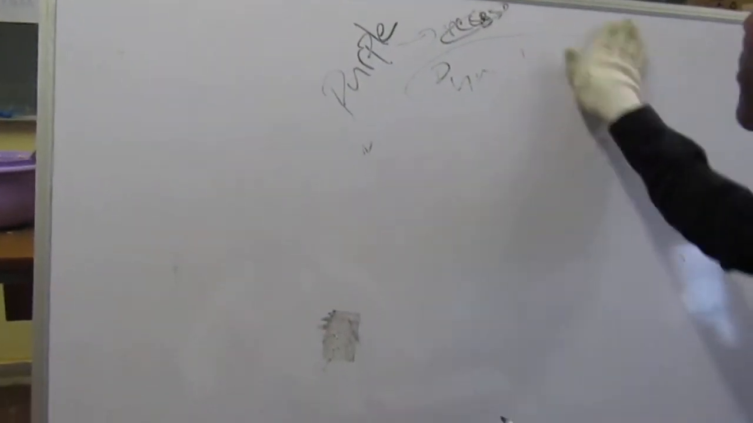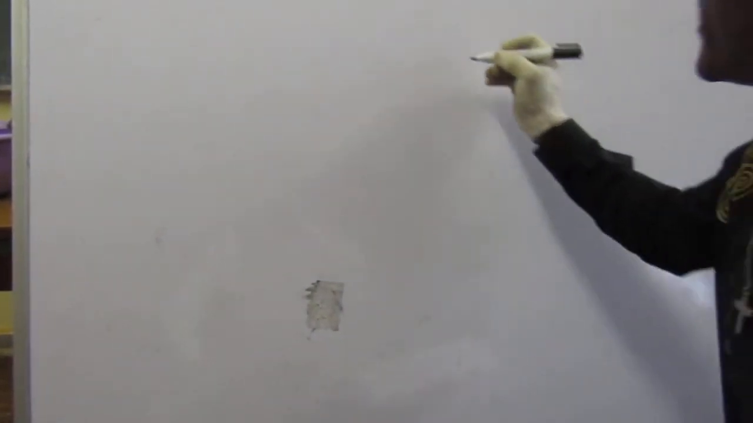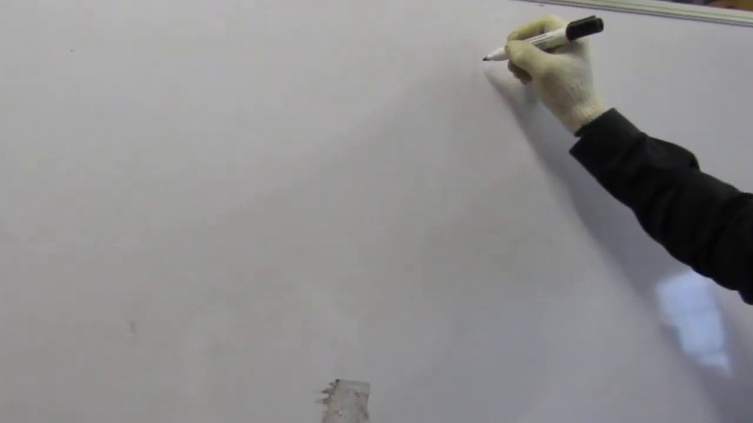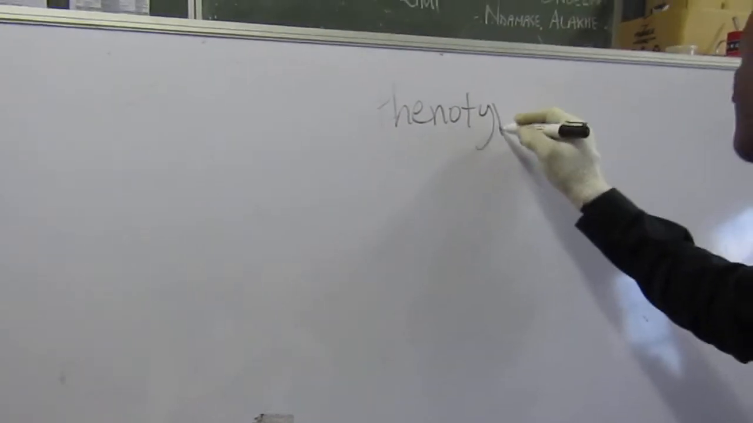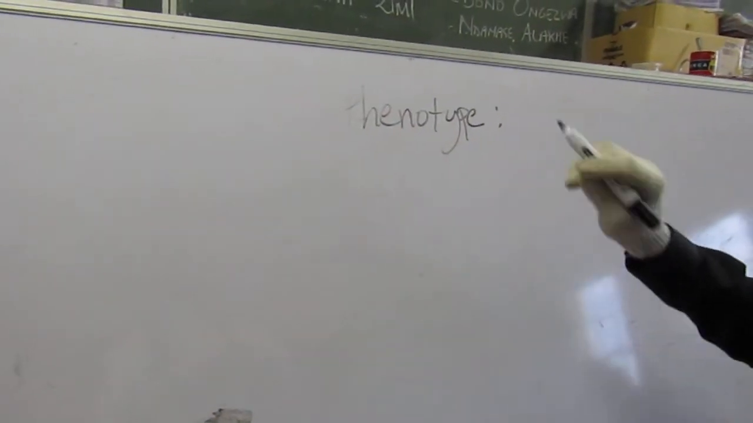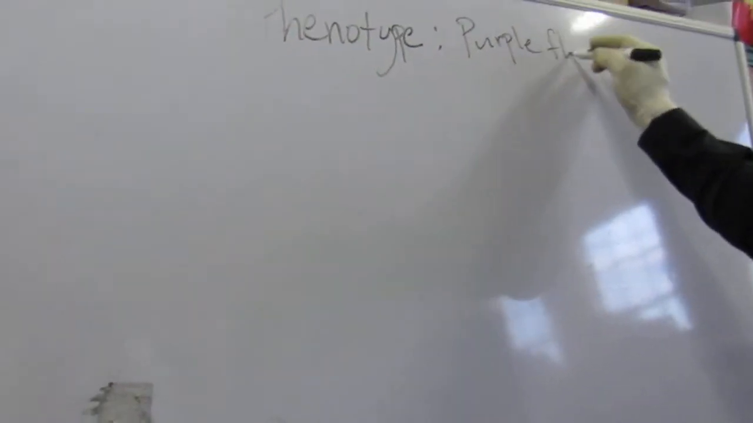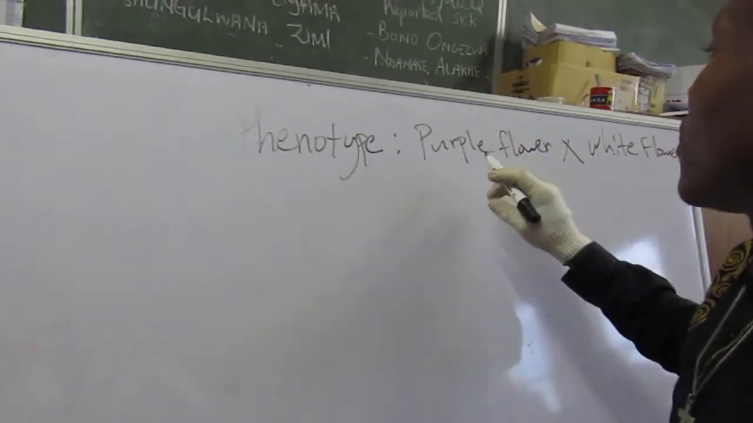So now let's go to this genetic diagram. Now we're saying it's a cross between a purple flower. This is your phenotype. The phenotype here so it is a purple flower. That is crossed with white flower. Now your white flower,